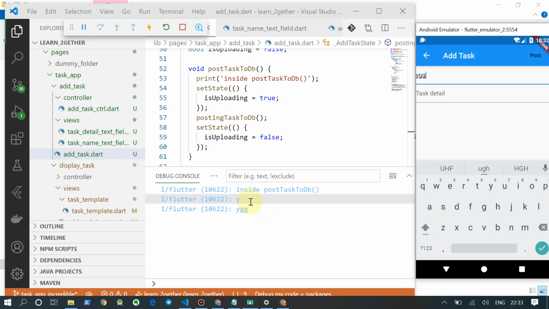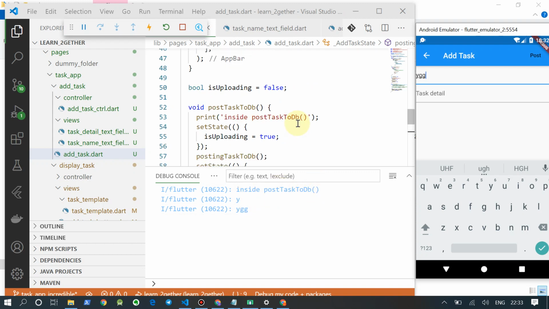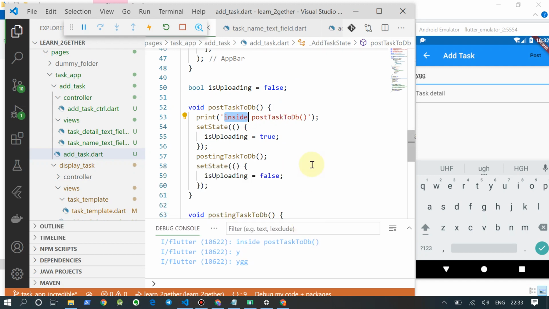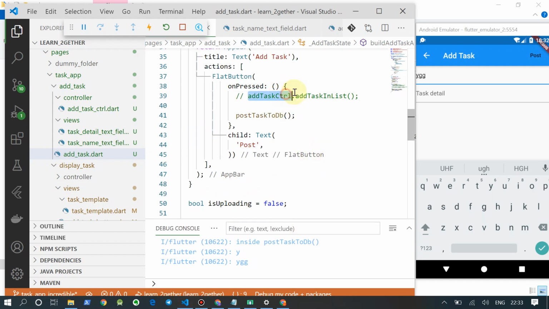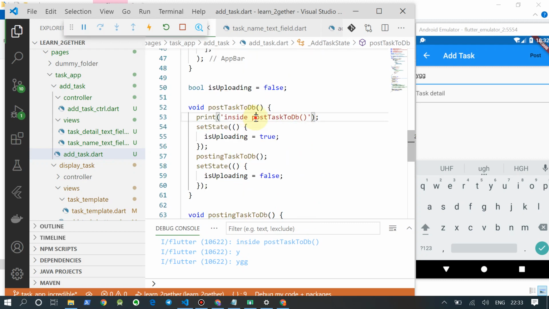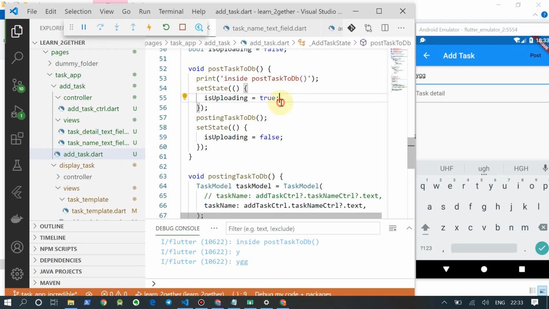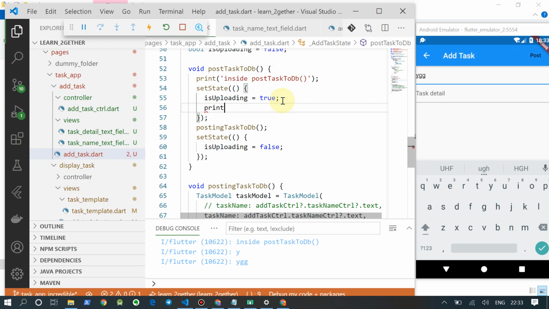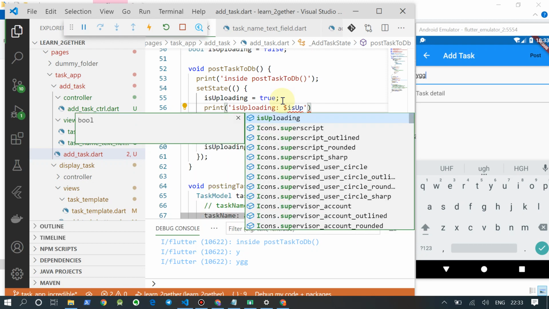So inside post task to db, this task is being called. Fine, yeah, we first have to add the task link, and that previous thing we have to comment out. And inside post task to db, is uploading, we can actually print also the value. It's actually a good idea to print the value. Uploading, this will make it clear what is happening.